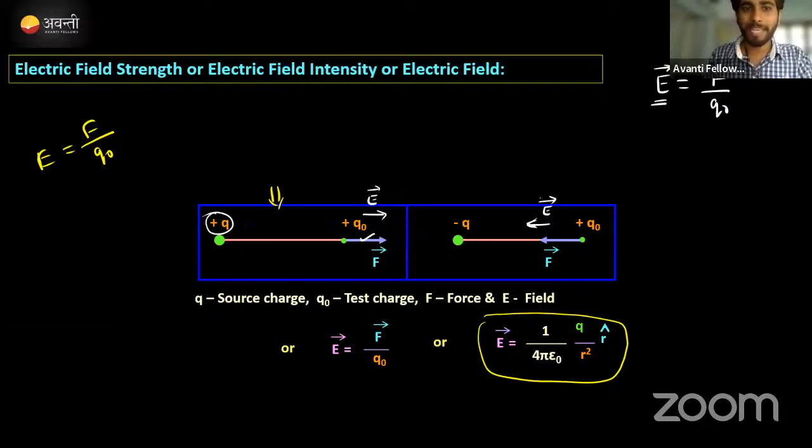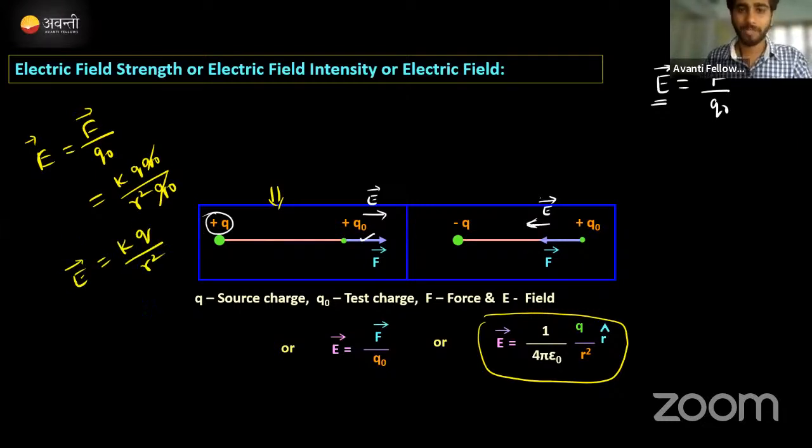What will be the coulomb force that exists between these two particles, we need to write here. Coulomb force equation क्या होता है इधर, K Q plus Q into Q naught second Q divided by R square, and here one more Q naught is there, substitute Q naught here. Q naught will cancel, Q naught will cancel, and the remaining thing will be, electric field strength will be equal to K Q by R square. Look at here, it came K Q by R square. And if you want to find that particular direction, multiply the unit vector to it,